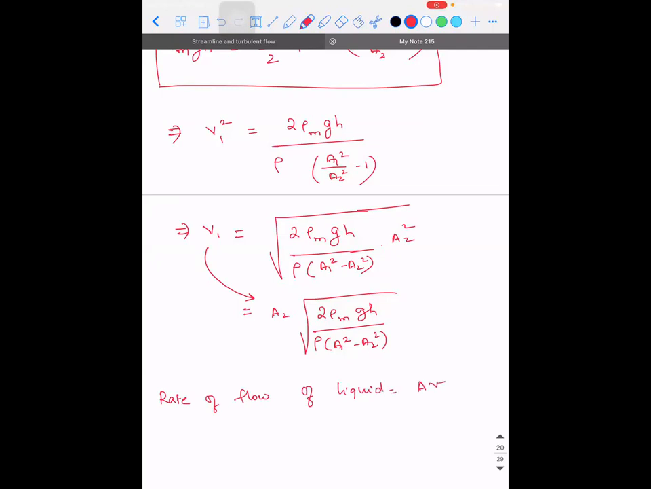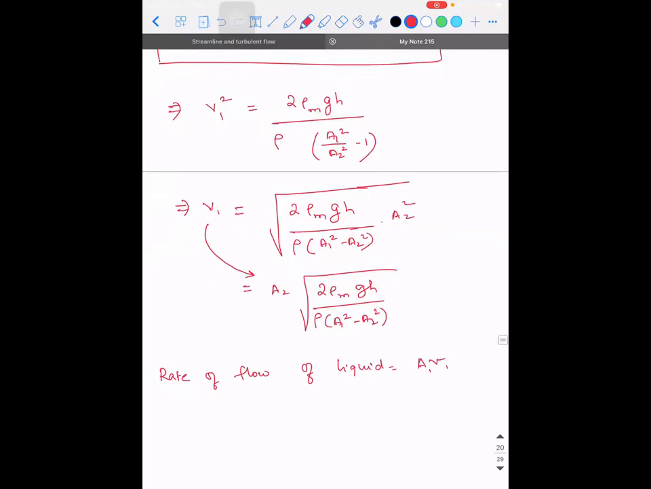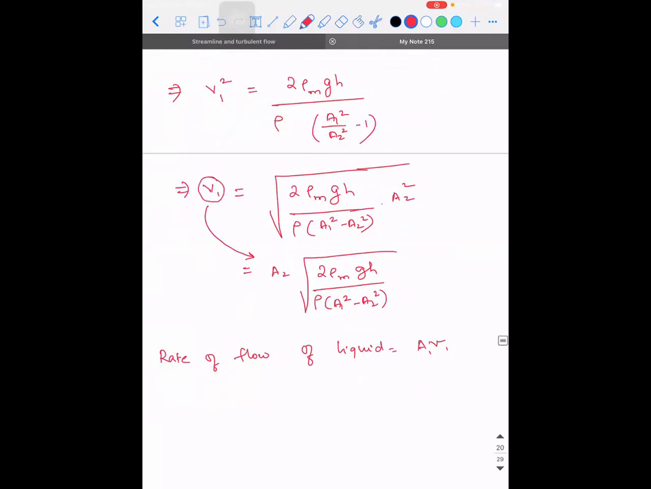Area multiplied with speed. So can I write it as A1 into V1? Right. So I have found V1. Simply if I multiply that with A1, that is going to give me the rate of flow. That will be A1 into A2 into root of 2 rho m into GH divided by rho into A1 square minus A2 square. So this is the expression for rate of flow of a liquid